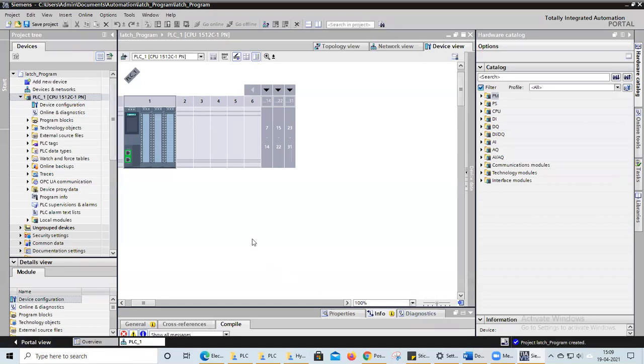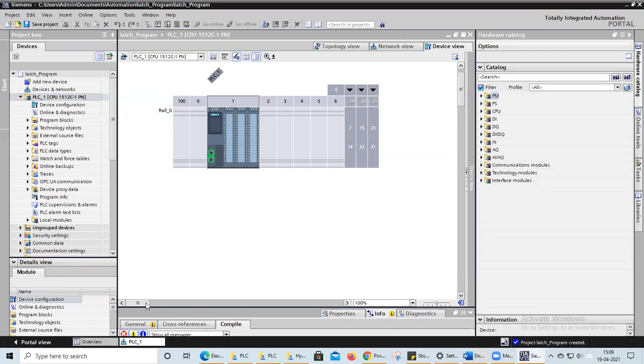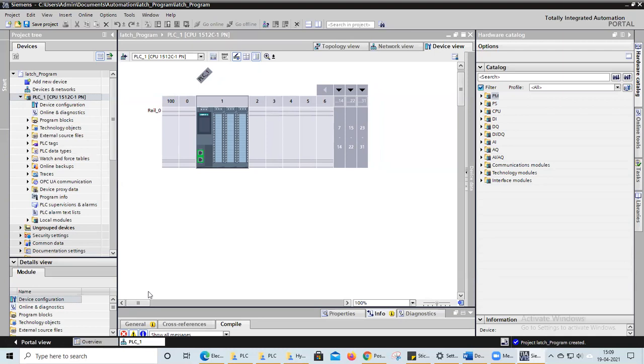Okay, so the screen popped up like this. For everyone, it is like this only. Now we will see regarding this CPU what the inputs and outputs are that we need to know, because for inputs, where we need to give input, the input has some address. The address of the input and output we will figure out from this CPU.